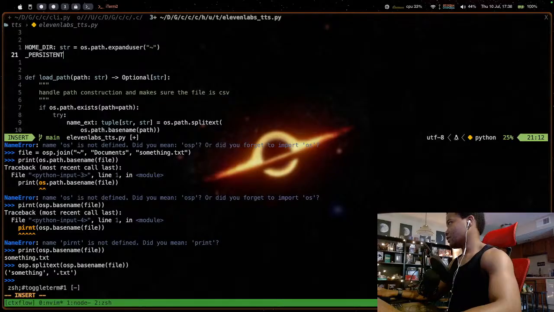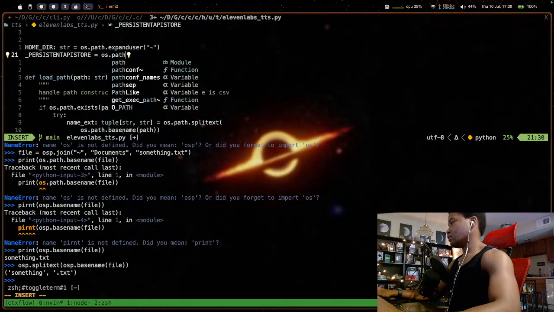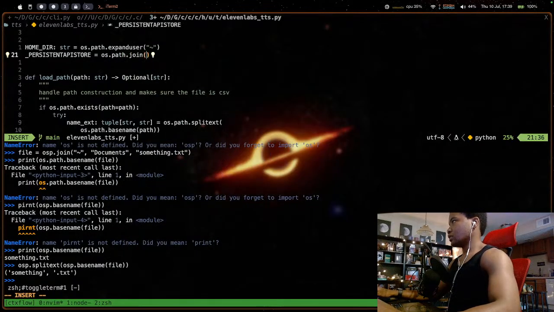Persistent. Image source dot path dot join. What did I call it? I think I called it .CTXFlow, something like that.